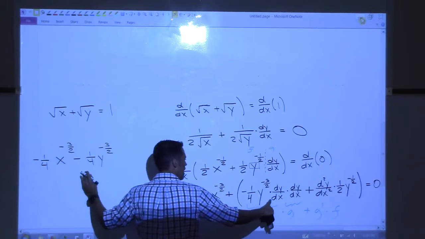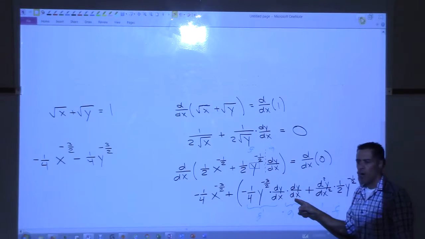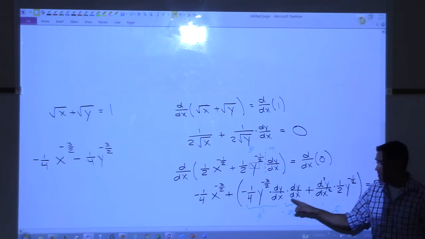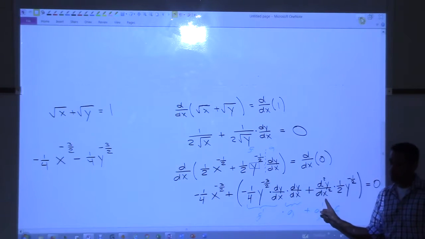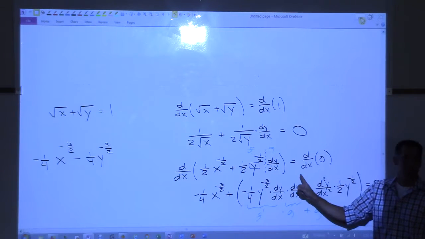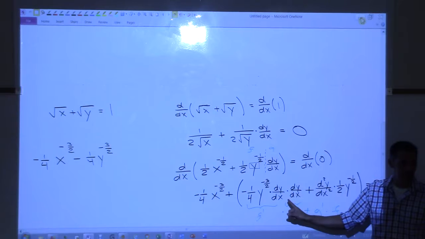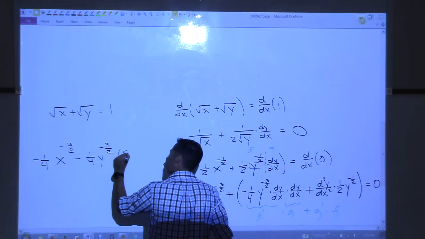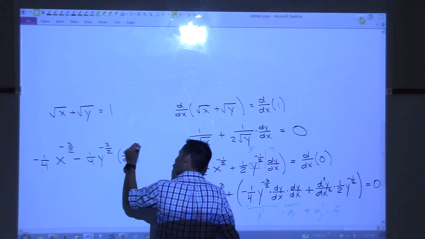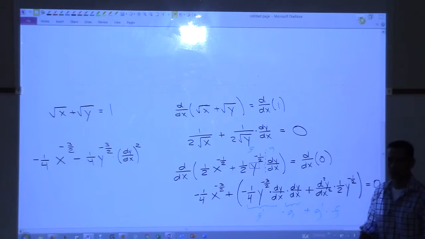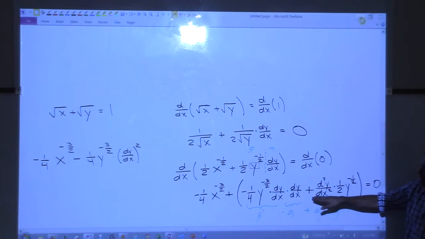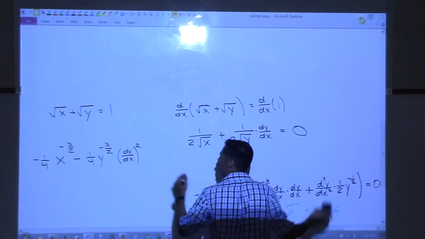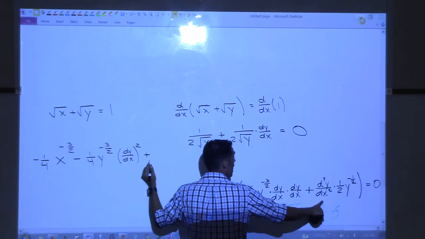And then we have, what is dy dx times dy dx? That's dy dx squared. That is not this. This is the second derivative of y with respect to x. This is the first derivative of y with respect to x squared. So the way I'm going to write it is this. Right? Okay, that's this, and then I have this piece plus, let me erase that one, plus, now there's my second derivative,